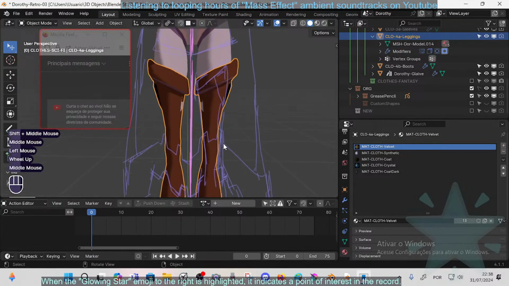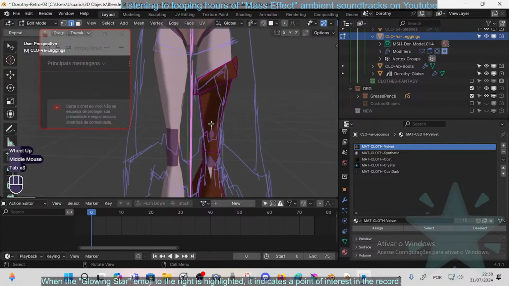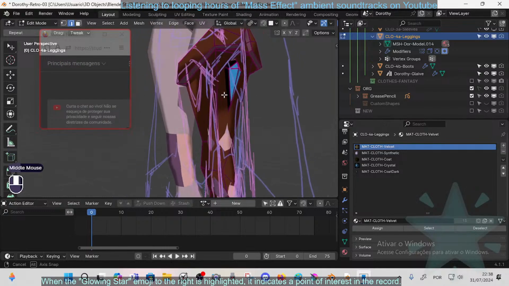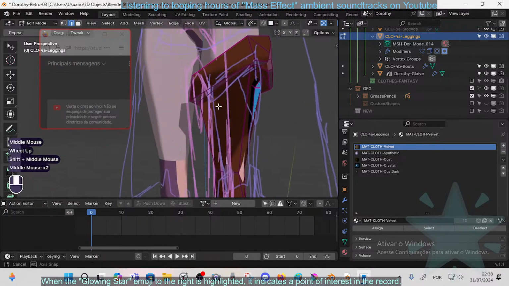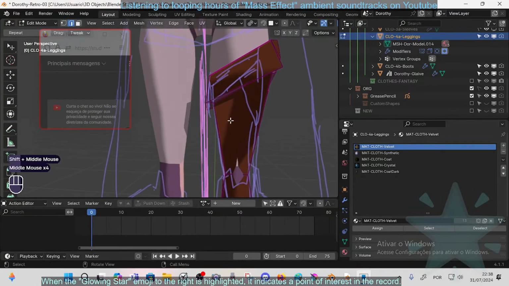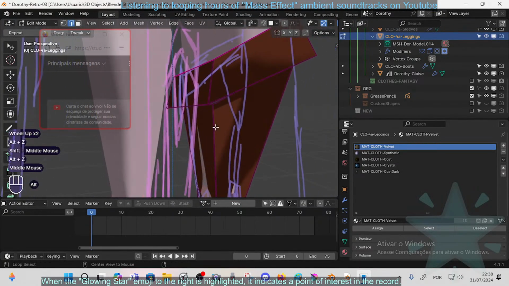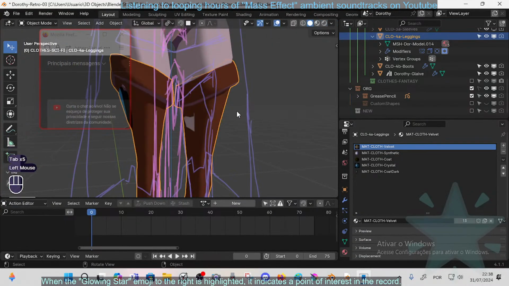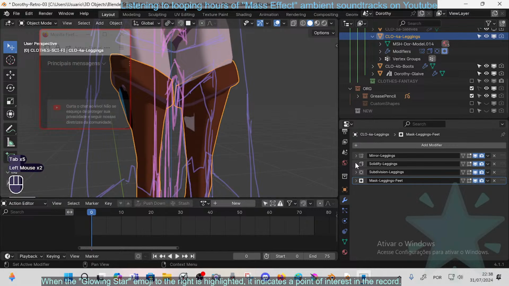Regarding these features there, that position, I accidentally moved it at some point, even though I tried to avoid this. Probably I moved it, and now I have to